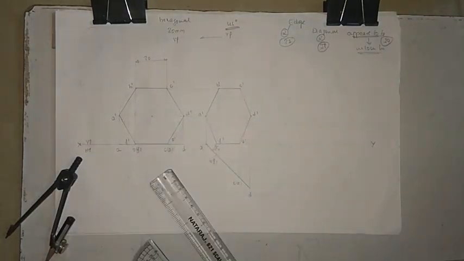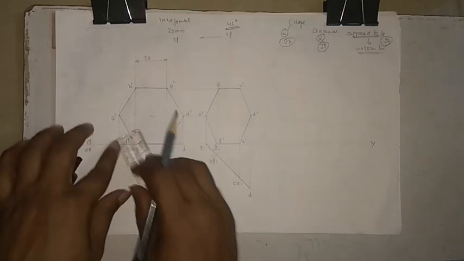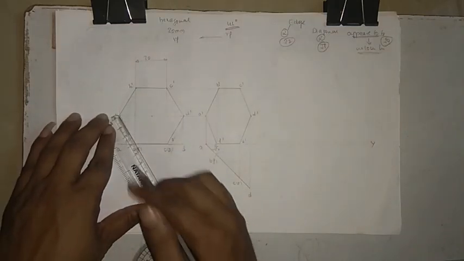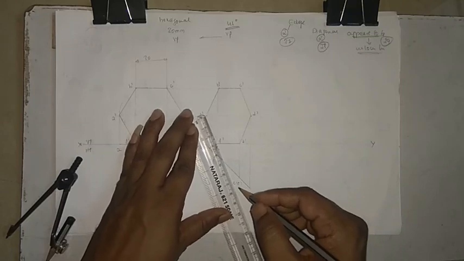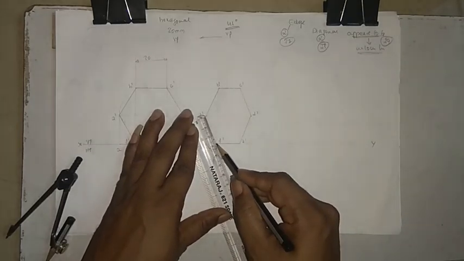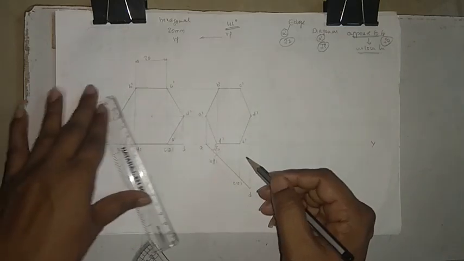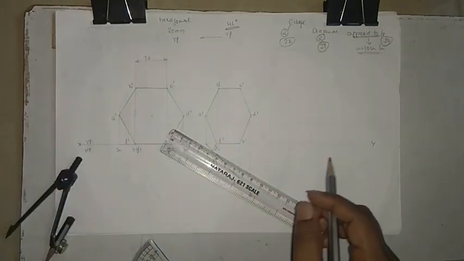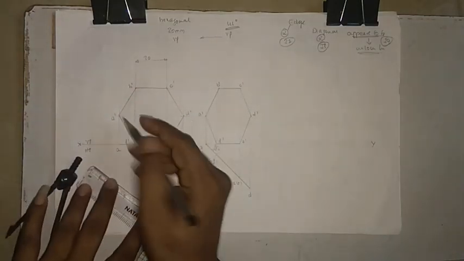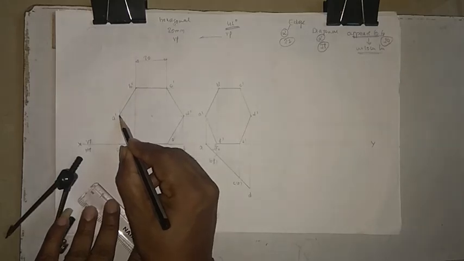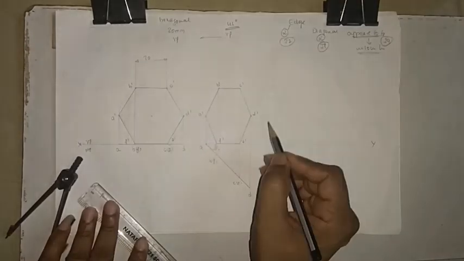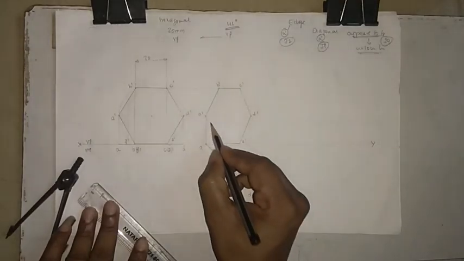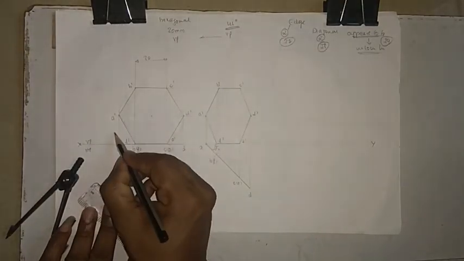Okay, so like this. So when this one is done, now if you measure this one, it's 30. So when you measure here, it is 28. Okay, means the edge length will change here. So this is the corner which is touching the VP. So here A. Okay, so here we need to take this length. Here it's 30.